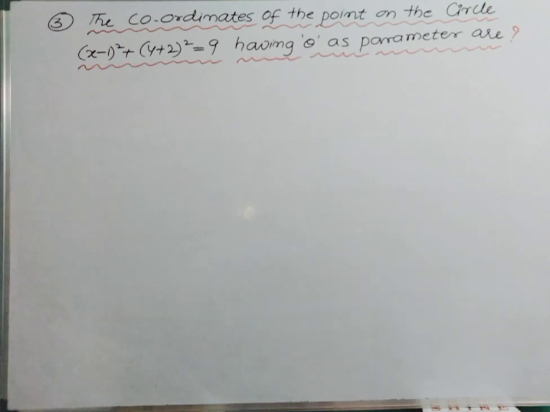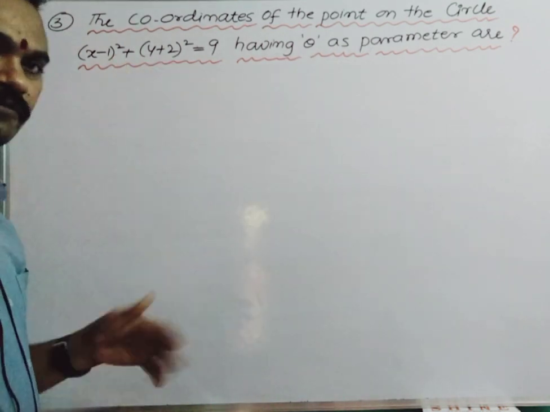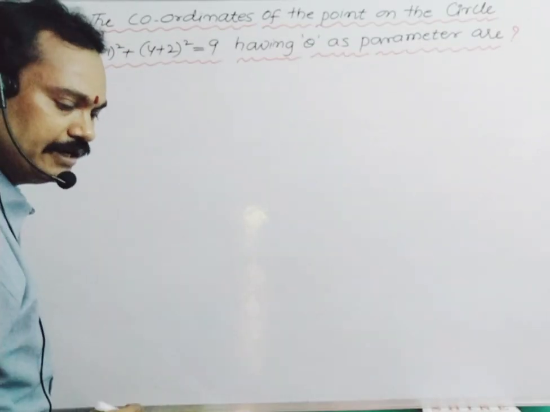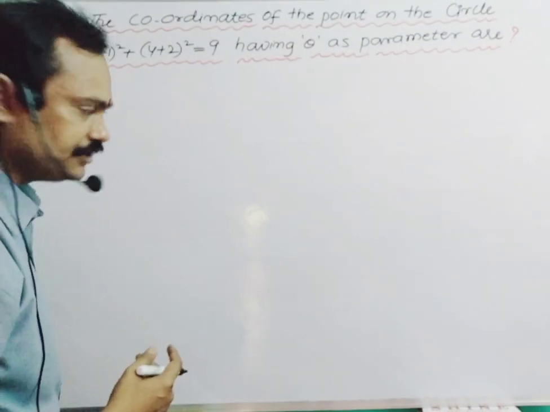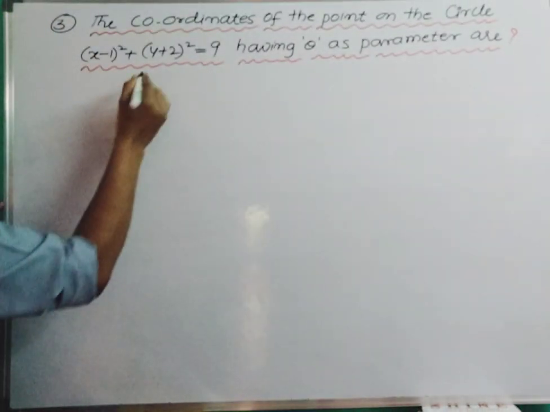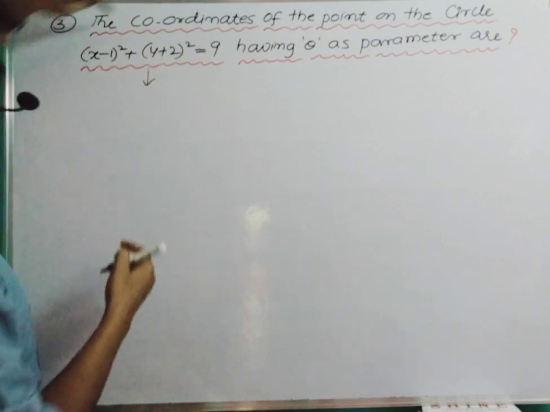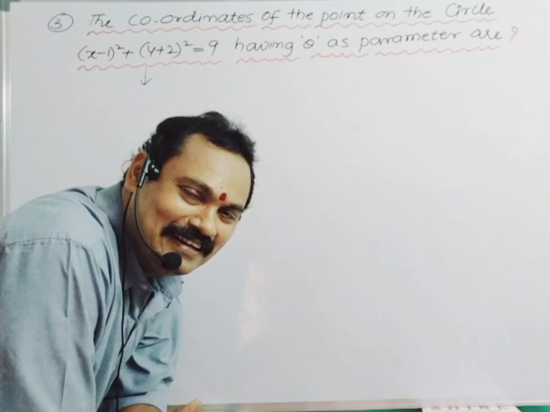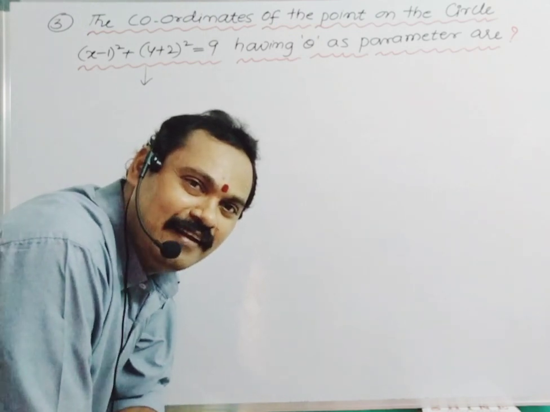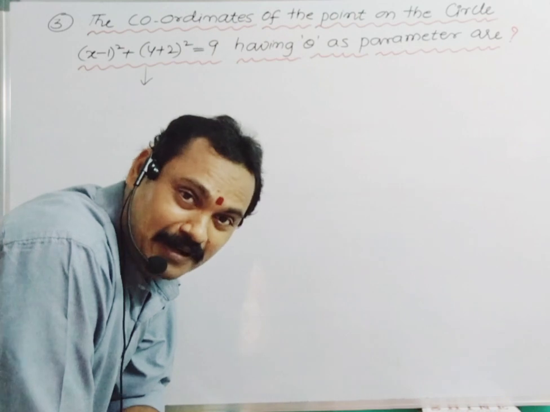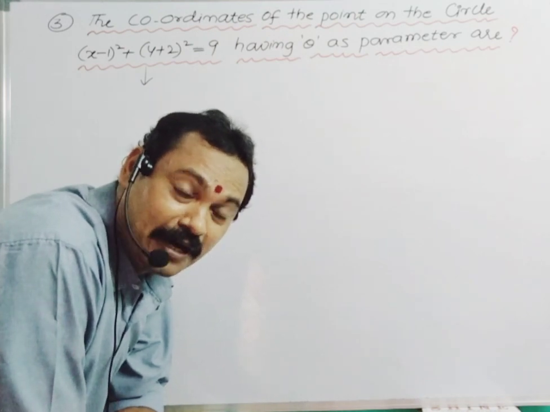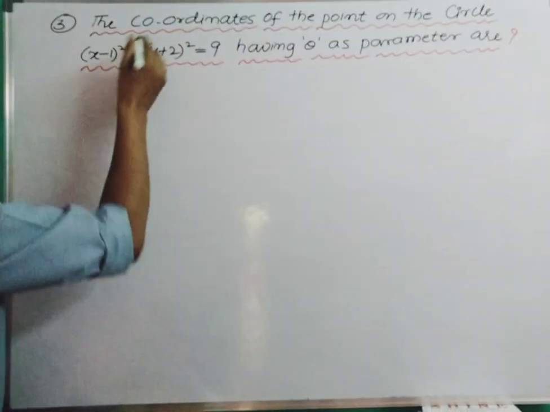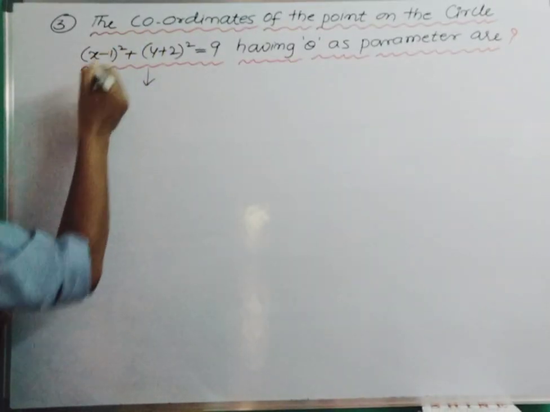Chalo. I am not writing options. Wherever required, I will write the application so that I am directly writing the question and the explanation goes on. Right? Chalo, here, what is asking? Coordinates of the point on the circle. Always remember, parametric equations represent a point on the circle. Okay na? Chalo, what is the center of the circle?